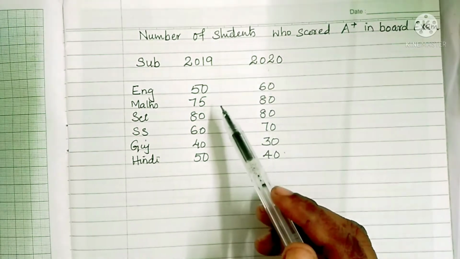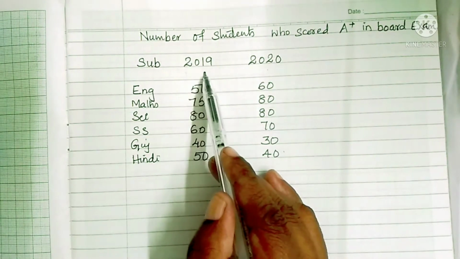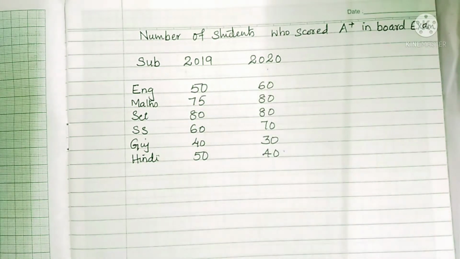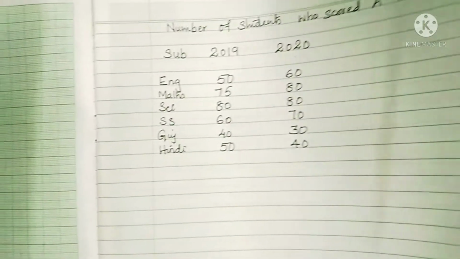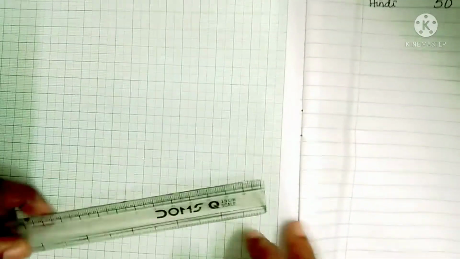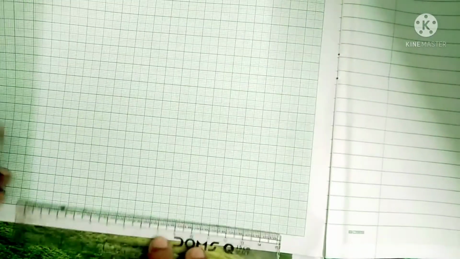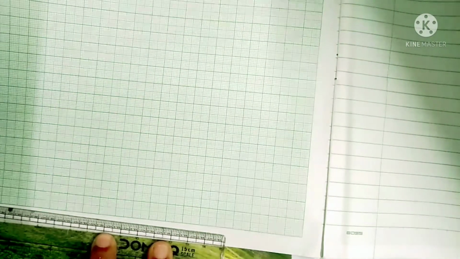So we need to draw the bars and then give some guidelines, that is, some hint showing which bar is for which year. Let us see how to draw it. See, the starting is the same. The same thing we do for a bar graph, we will do here. First, draw the x-axis and y-axis.